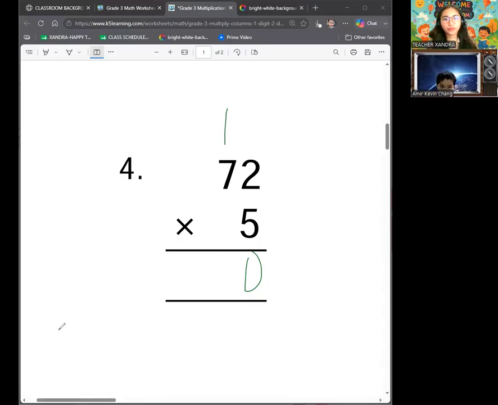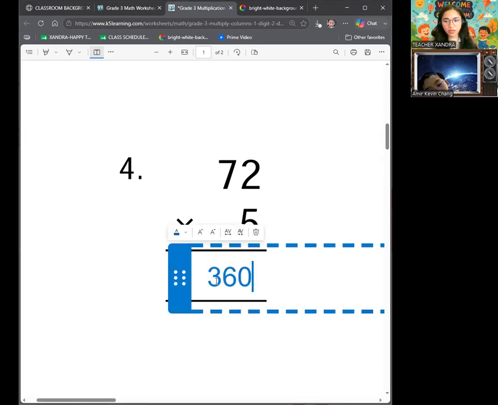Let's go with 7. Or you could just focus on the multiplication of 5 because it's easier. Oh, I think it's supposed to be 42 since you have to add 1. Oh, wait. So you mean it's 36? Okay, it's 36. So what is 72 times 5? 72 times 5 is 360. Okay, very good, 360.